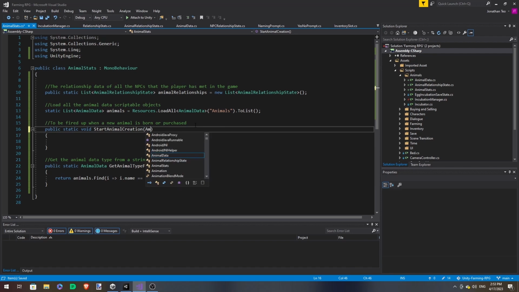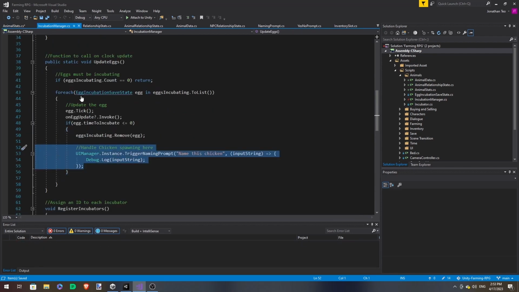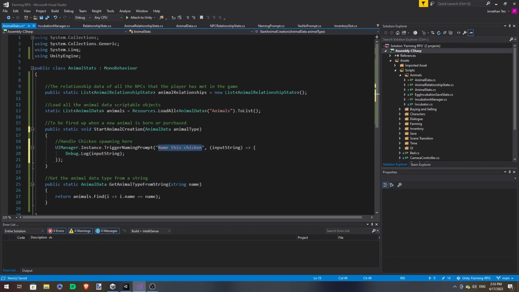And it will take in the animal type. But we're not going to just handle chickens. In future, we're going to have sheep, cows, pigs, all sorts of animals. So let's have this prompt be: give your new animal a name.